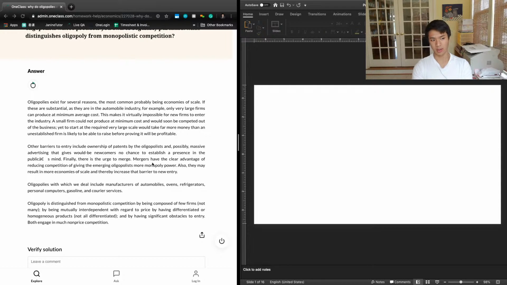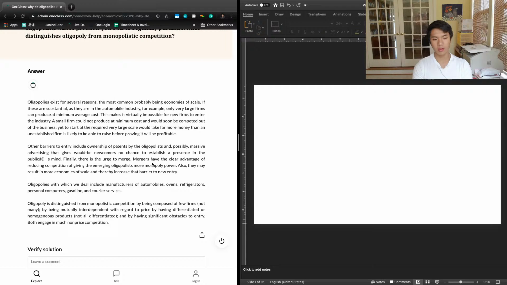Oligopolies are the primary market type you're going to deal with when you start learning about game theory, which is the study of games in which one firm or one person's decisions are going to be dependent on the decision that another firm makes. So in an oligopoly, because there's only a few firms that make up the industry, pricing decisions or advertising decisions by one firm are going to be directly relevant to the pricing and advertising and production decisions of the other